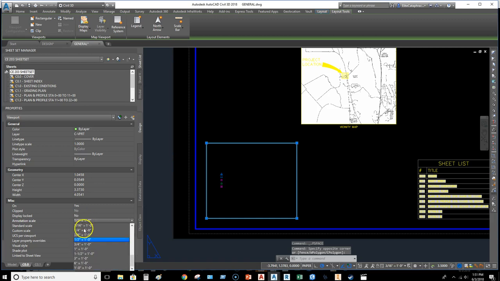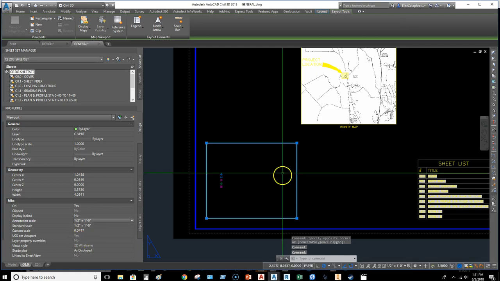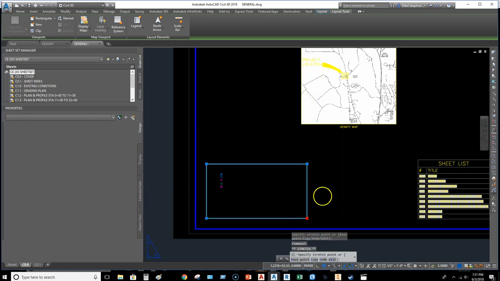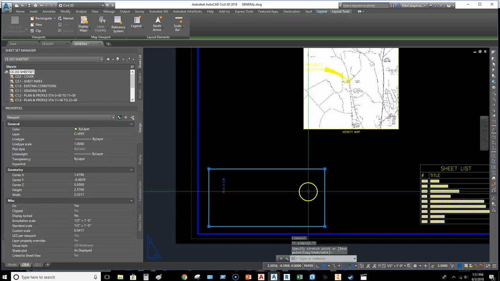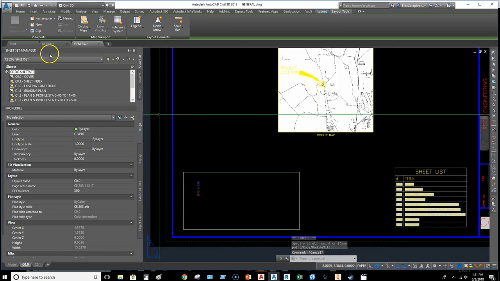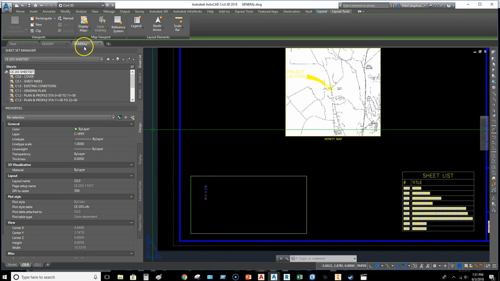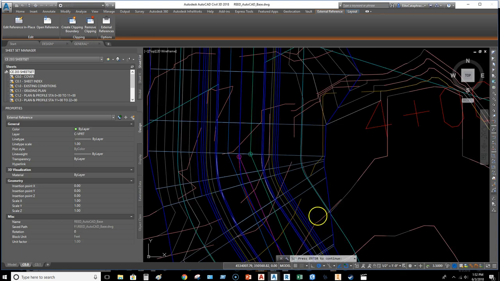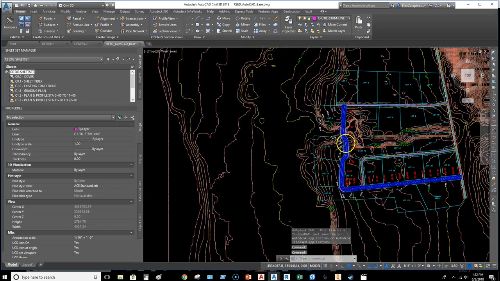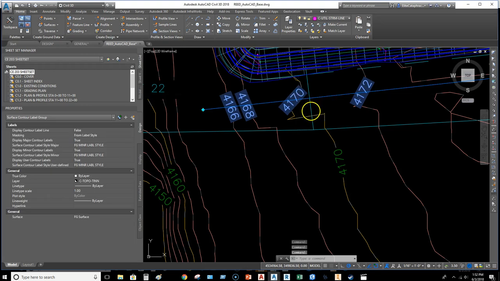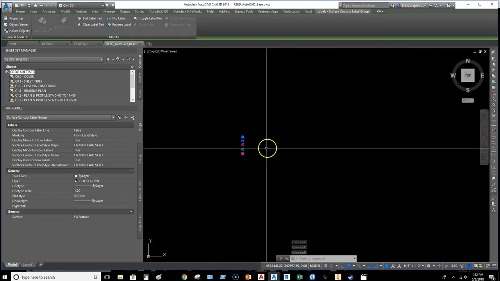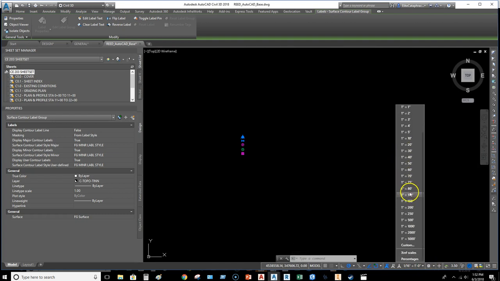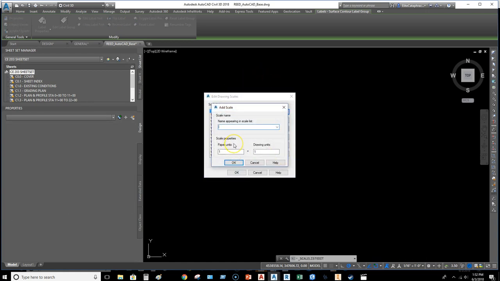And so the reason I hadn't written anything yet was because I figured I would get my annotative scale right first, and then I'll go in and write some stuff. And so there are probably several things we want to put in this legend. So if I go back to, probably want to go to my base drawing, so I can click on the object and just hit Open XREF if you don't already have it open. So we want to show our major and minor contours. I want to show one of these elevations. So first thing I'm going to do is go to the 1/2:1 scale. Again, I don't seem to have it, so what I'm going to